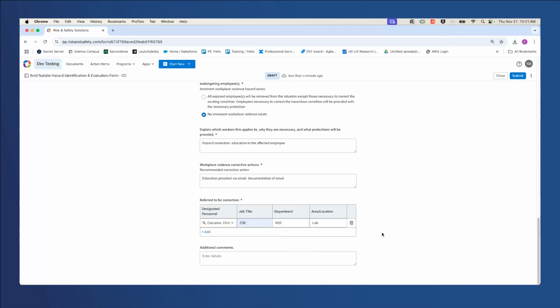The person referred to for correction may also be the supervisor or manager, if that was identified in the incident, to be able to send the information around documentation of education. And education here could be something like notifying them that there is a safety escort program on campus, or notifying them of how to access help along a particular route, or those types of things. Whatever is identified as the helpful education in this situation.